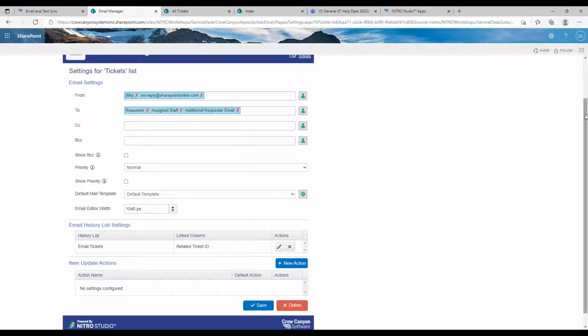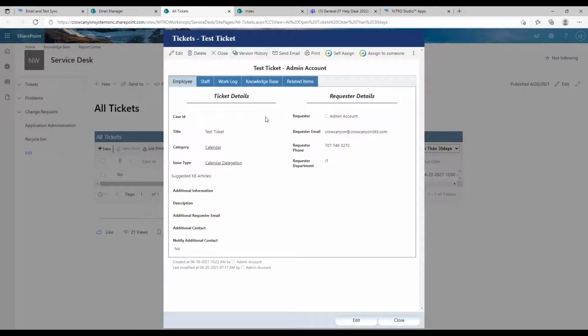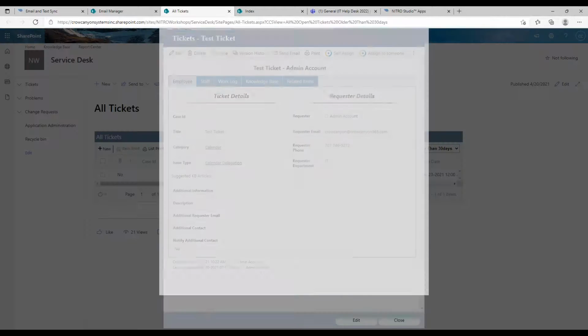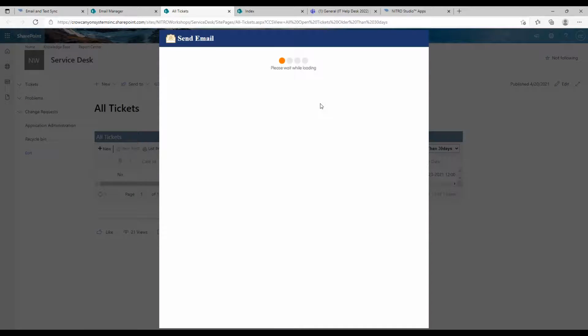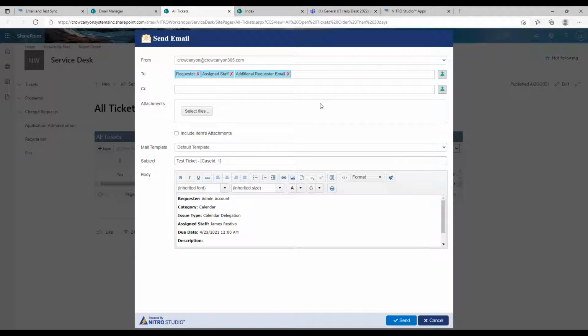You've got your emails coming in, they create an item in SharePoint, and then you can go to that item in SharePoint. So we have the tickets list. I opened up a test ticket over here, and we hit the send email button. Now that's going to pop open your send email screen, and it's going to pull in the from addresses that